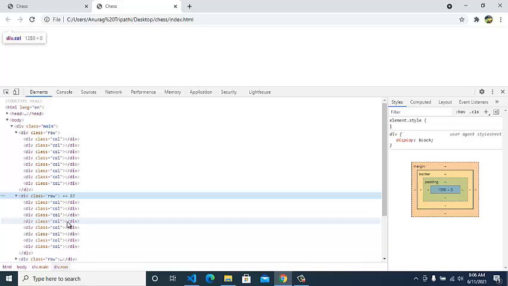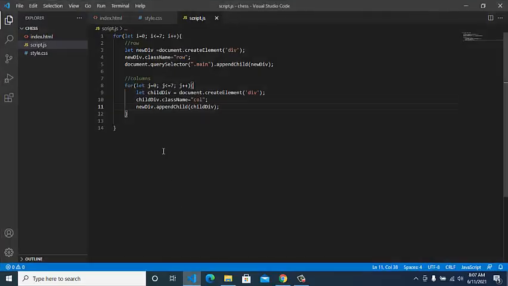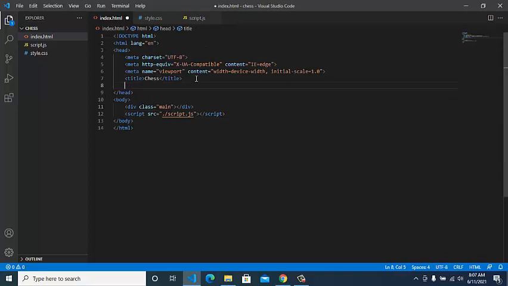Now as our rows and columns are added, we'll go to CSS and we'll write the CSS of this thing so that it could look like this. Okay, so firstly we'll attach the CSS. That is the main work. So link rel for relation stylesheet and href hypertext reference, and we'll give the reference of this style.